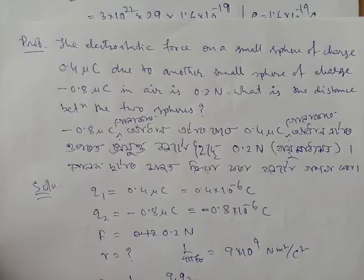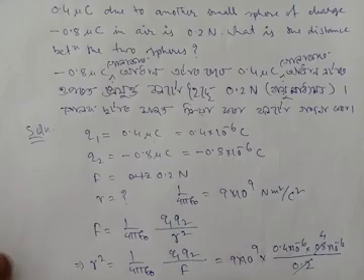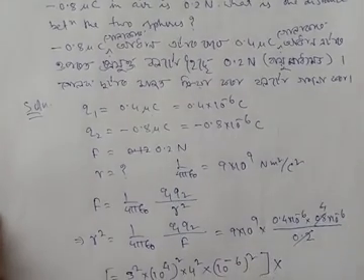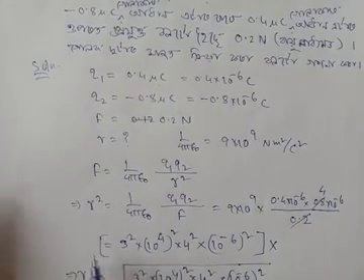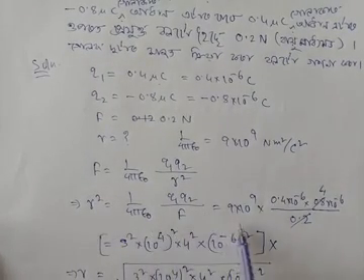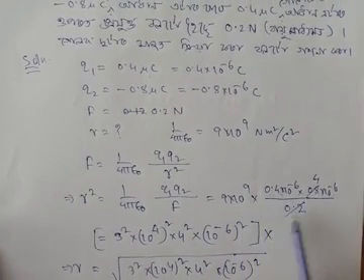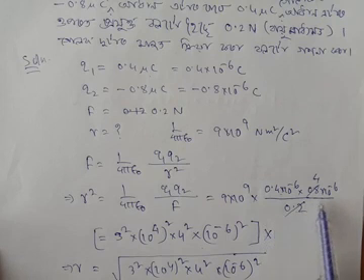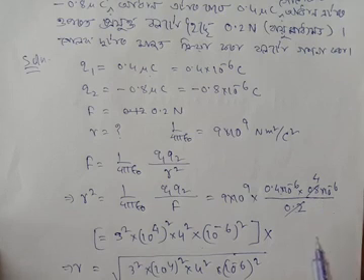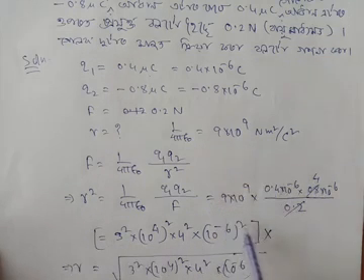Then we will use the formula F is equal to 1 by 4 pi epsilon naught Q1 Q2 by R square. So this will give you R square is equal to 1 by 4 pi epsilon naught Q1 Q2 by F. Now put the values: 9 to the power 9 and this and this and this. So 0.2, 0.8, that means 8 by 2, that is 4. So how to calculate it roughly? All this should be in square form in our mind.